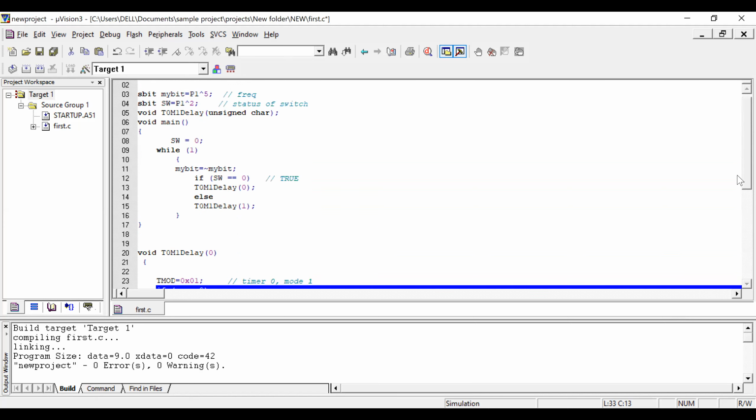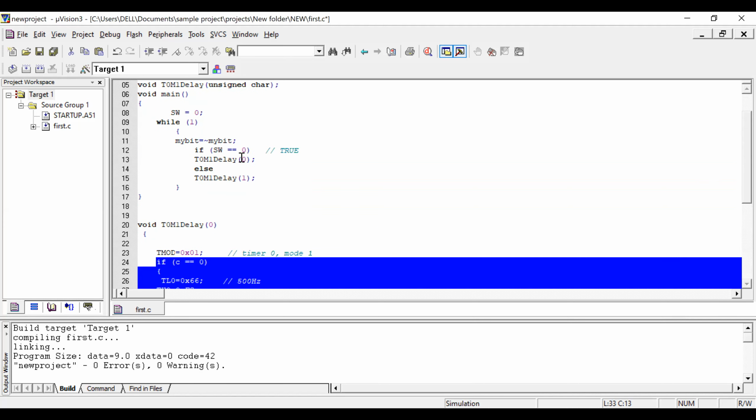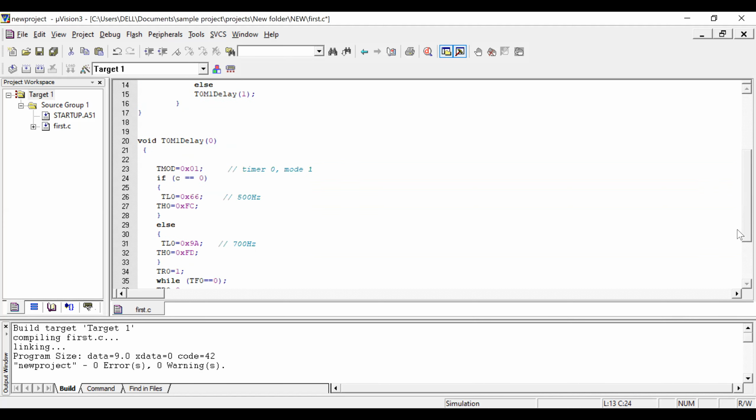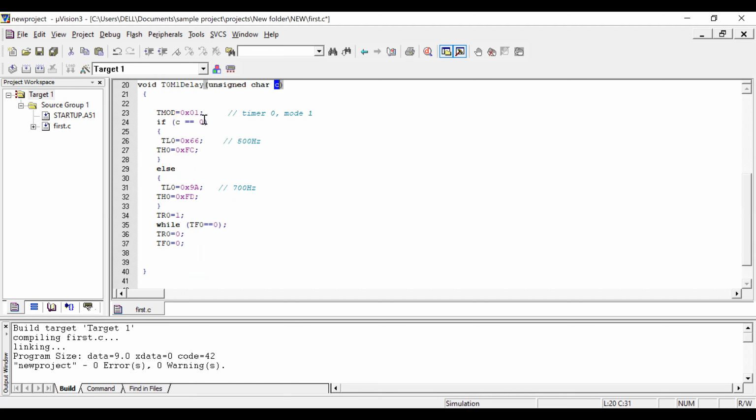When the switch is 0, we are sending 0 to the character C, the unsigned character. So the 0 is passed now, and C is having 0. Initially I have selected the tmod, the timer mode, which is ready to run.